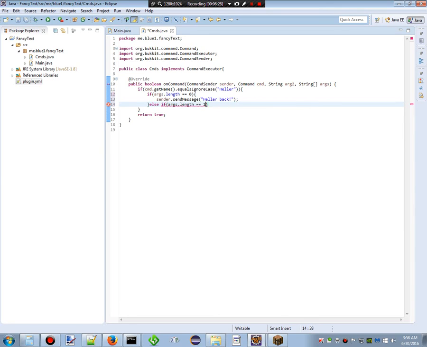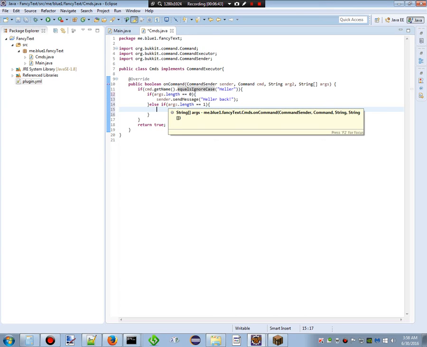args.length equals 1. And I know I'm missing a lot of checks, like for instance if the sender is a player, and I'm not going to be messing around with the commands a whole lot because that's not the point of this video. You can do that because you already know how. If you've watched my 2nd and 3rd and 12th tutorials, you know everything you ever need to know about commands. So you can do that on your own, but for now I'm only going to be showing you how to